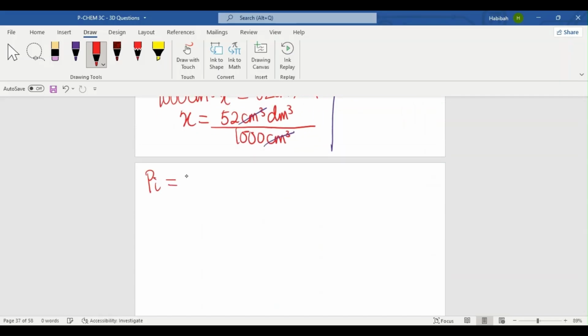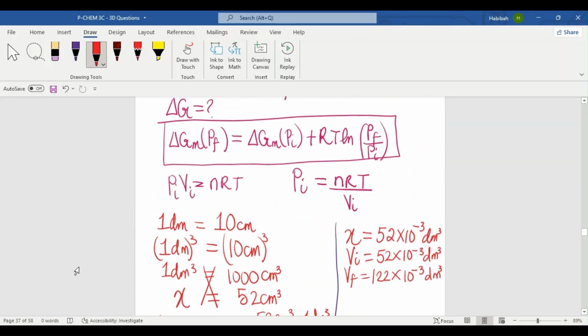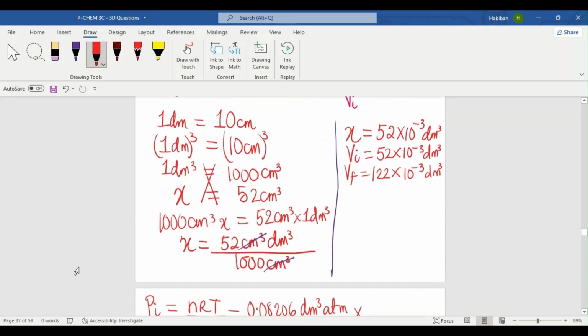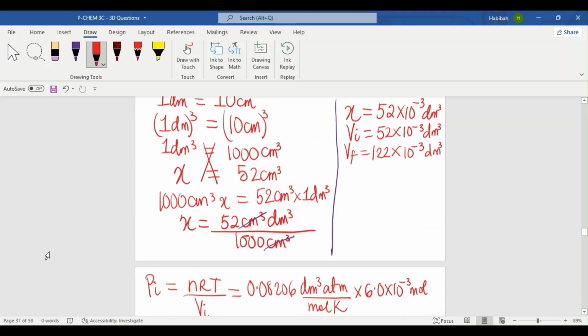So P initial is equal to nRT over V initial. This is a lot of work, I know, but that's the price you pay for learning. So that would be 0.08206 dm cubed atm divided by mole Kelvin, that's R. Sorry, I forgot the number of moles, so I'm going to add that here. The number of moles is 6.0 times 10 to the power negative 3 moles, times the temperature, which is 298 kelvins,